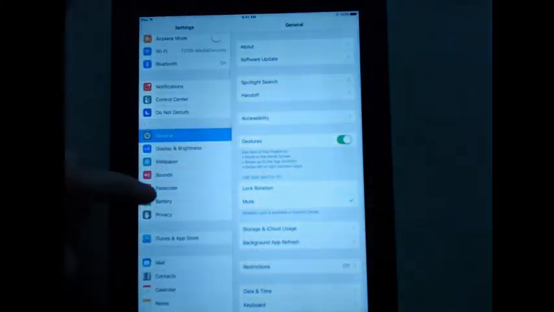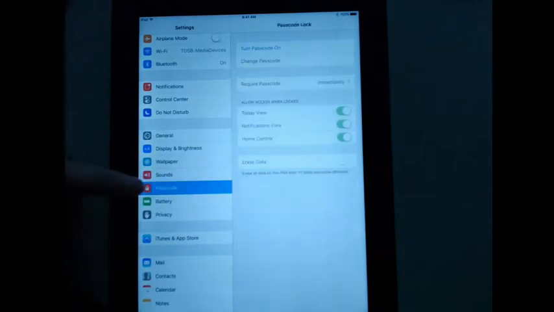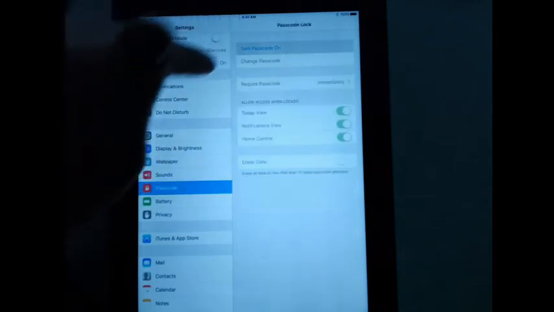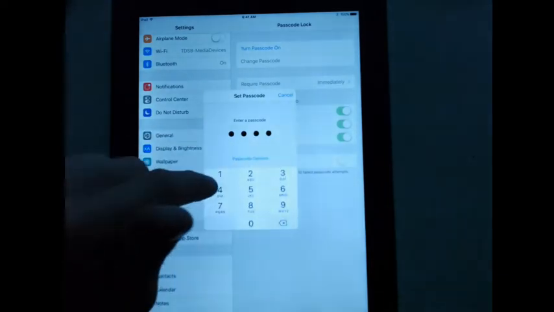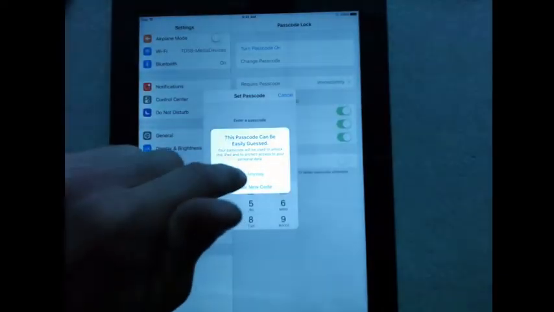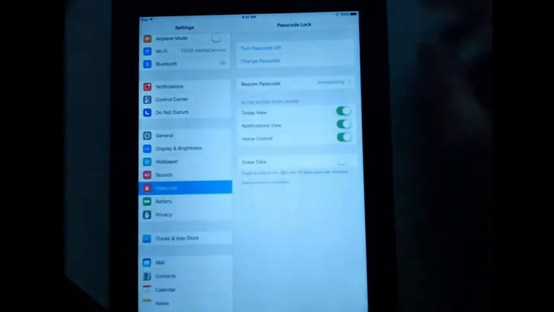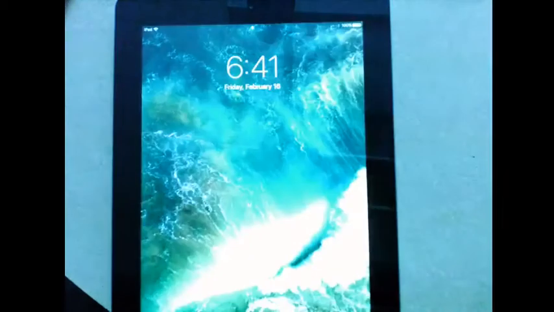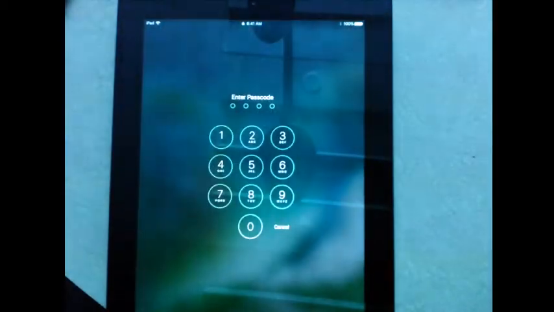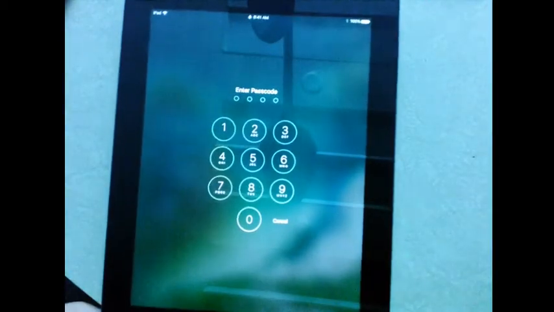Another thing that was happening is students would go to the passcode setting on the device. They would turn on a passcode and create one, 1, 2, 3, 4. We'll say use anyway. So the student would put a passcode on the device, and then you would pick it up and be presented with a screen to type in your passcode, and you wouldn't have any idea what the student set it to.